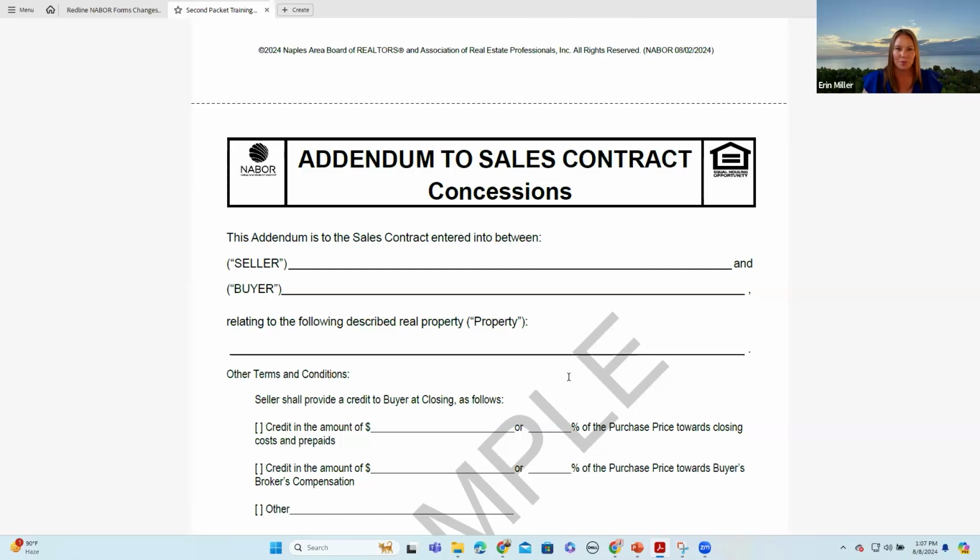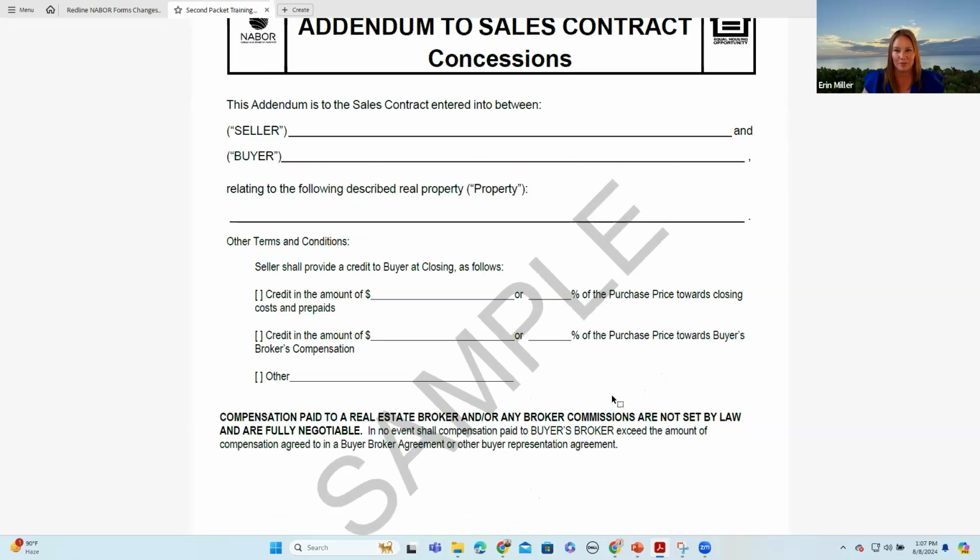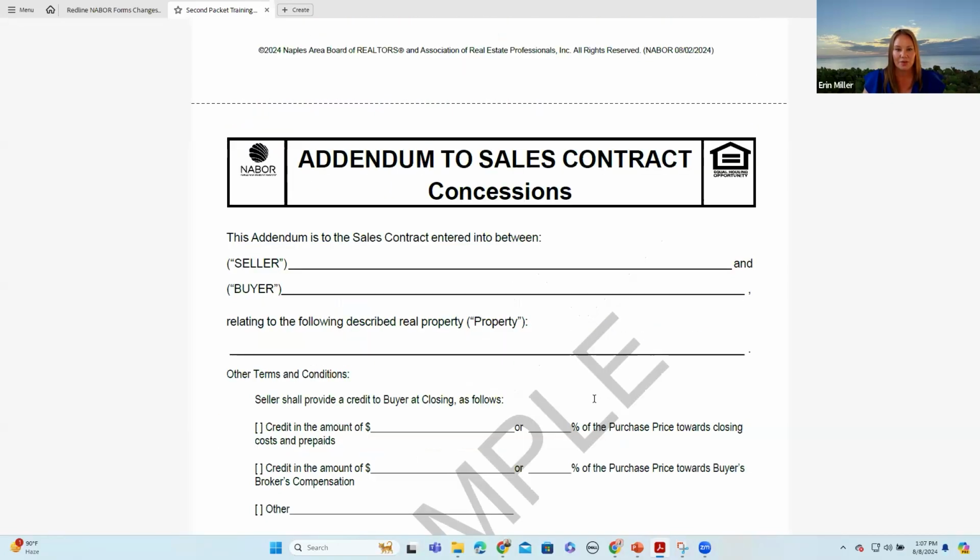So the previous forms were broker forms between listing broker and buyer's broker, between listing broker and seller, between buyer and buyer's broker. This is the form called an addendum to sales contract related to concessions. We did not previously have any addenda related to credits or concessions, so we have this form that was recently approved by Legal Resources to allow you to check a particular box and fill in the blank rather than create